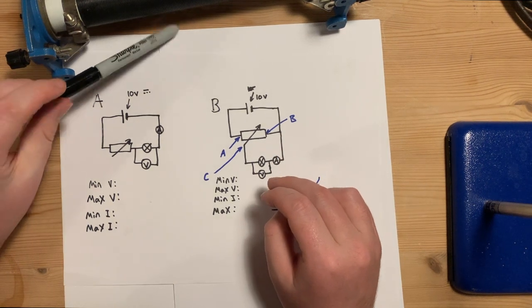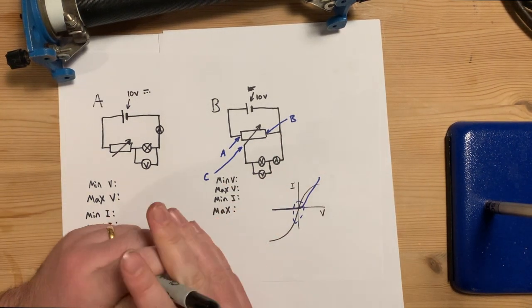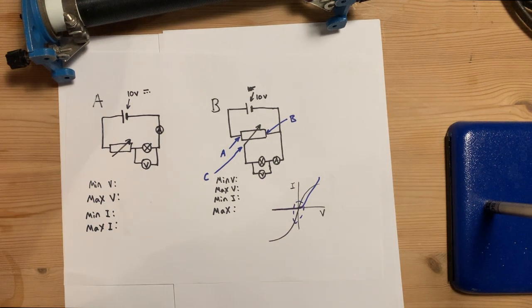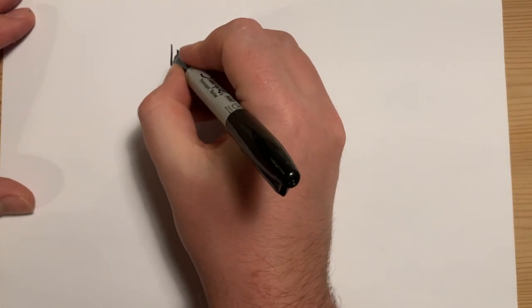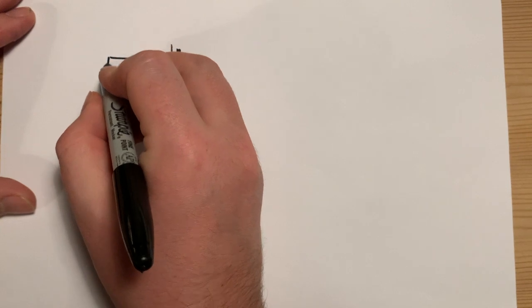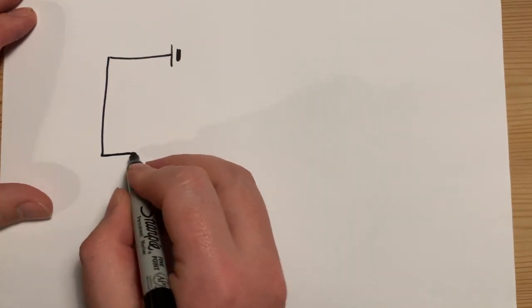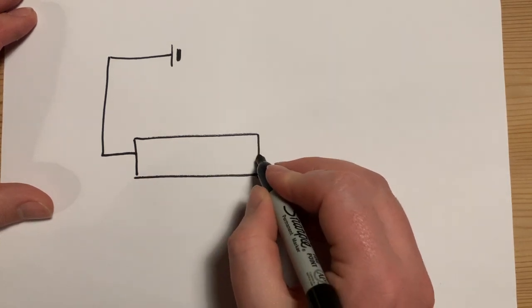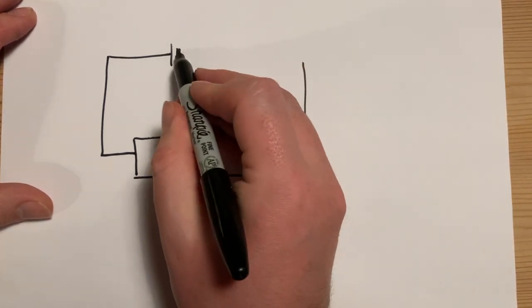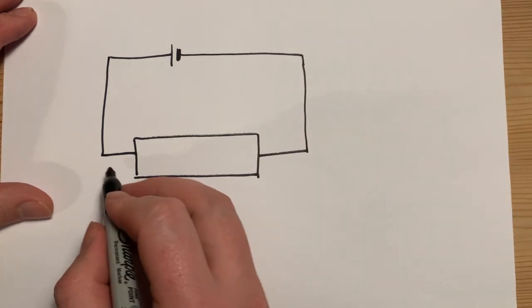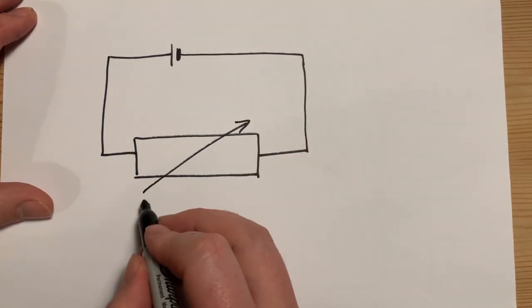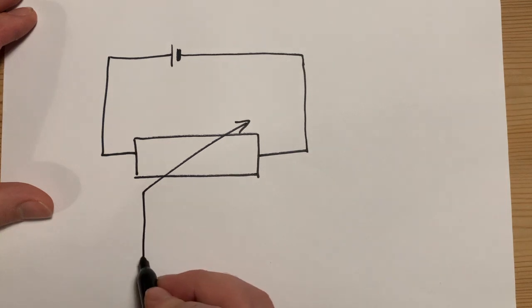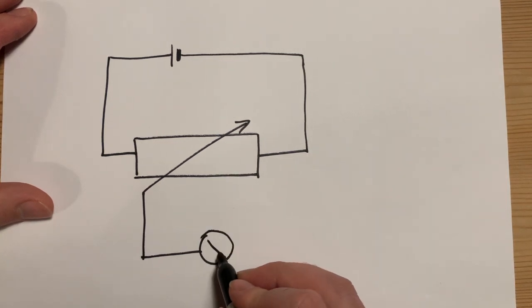This type of circuit is called a potential divider, and I'm just going to quickly explain how you can think about the way that it works, because you might look at it and think, what on earth is going on? How can this work? In the circuit we are now using for our current-potential difference characteristic graphs, we've got, I'm going to draw this nice and big, a variable resistor. We just short circuit the power supply with the resistor, right? And then it's a variable resistor, and so we can tap off for our component here